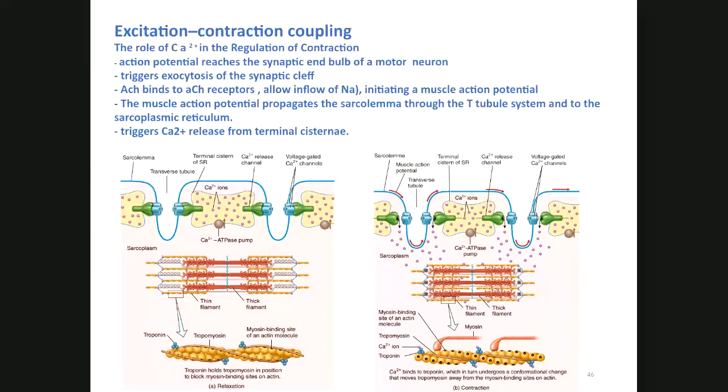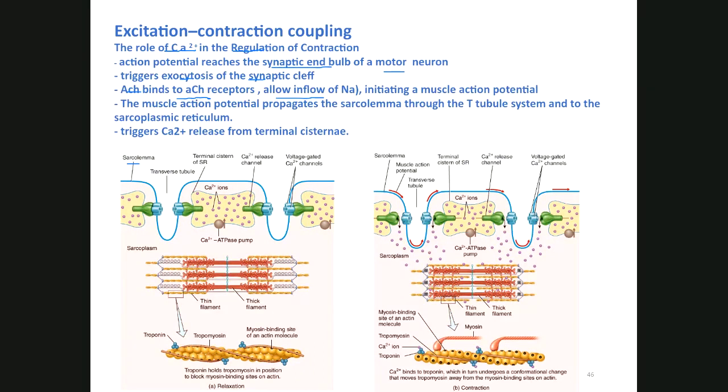Another theory is called excitation-contraction coupling, which we talked about, the role of calcium in the regulation of contraction. So again, the action potential is going to reach the synaptic end bulb of a motor neuron. This is going to trigger exocytosis along the synaptic cleft, and the ACh will bind to the ACh receptors. This allows the inflow of sodium, which will initiate the muscle action potential along the sarcolemma of our